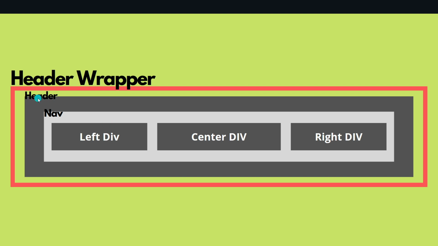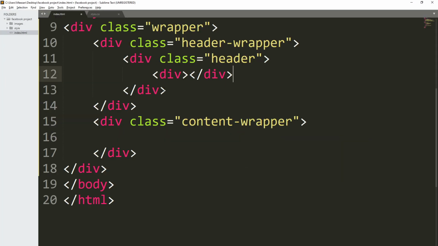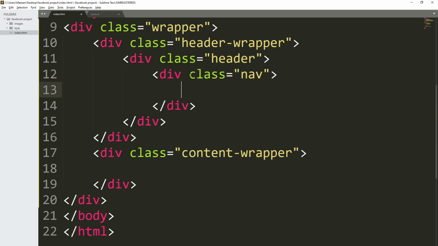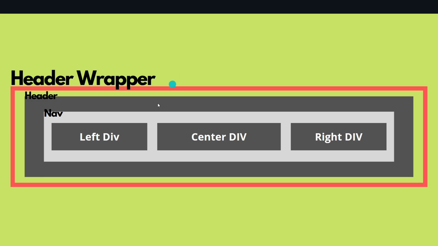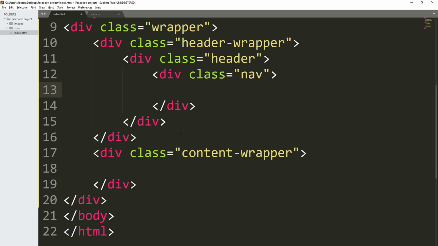So inside the header div we will be creating a navigation div. Let's create a navigation div, and we will add a class for the navigation. So we'll say nav, and inside the nav class we have to create a left div, center div, and the right div. So we will say div, and this div will be